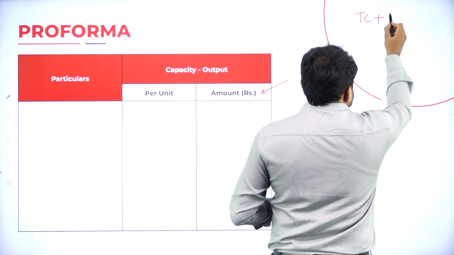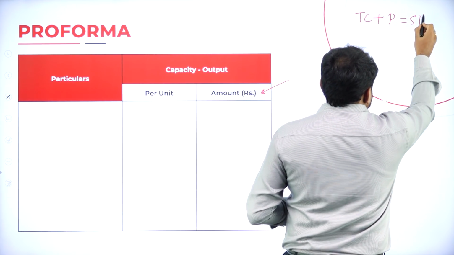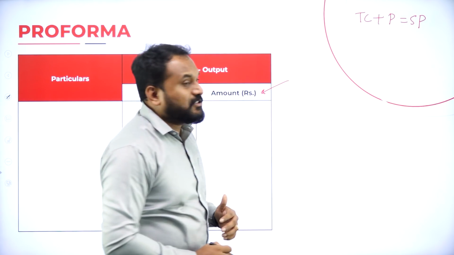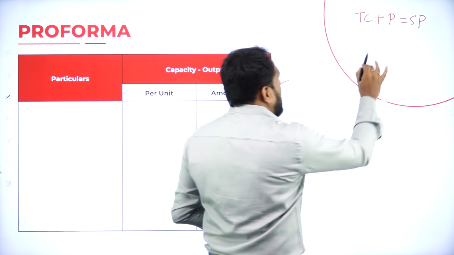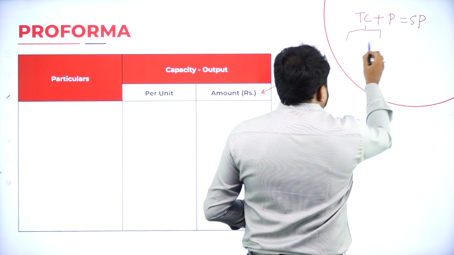Total cost plus profit is equal to selling price. When we go with total cost plus profit is equal to selling price, understand here, there are two things: total